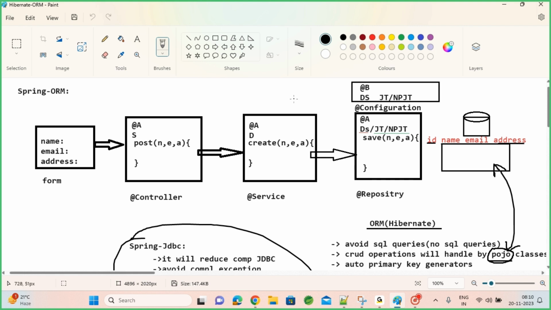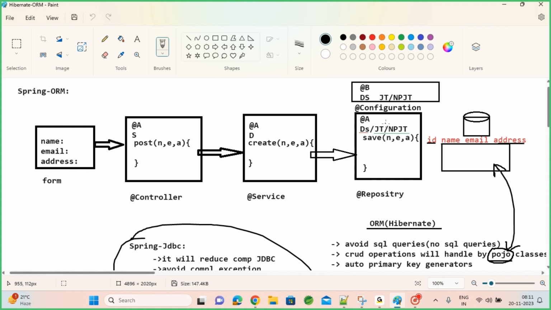So far we have done with the core module where we learned how to create classes and how to do dependency injections. That basic stuff we learned. And in JDBC module, we understand the importance of connection pool, and instead of having a traditional JDBC code with a large number of lines, we understand the use of JDBC template and named parameter JDBC templates as well. Now, one step,